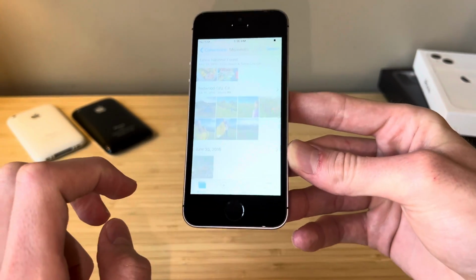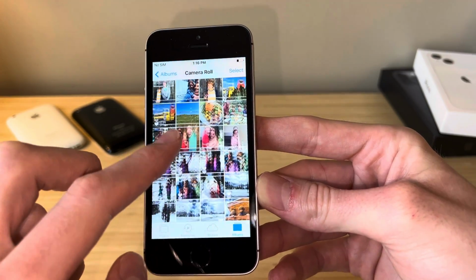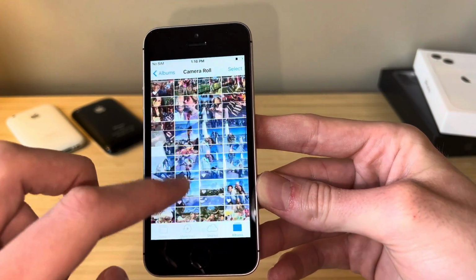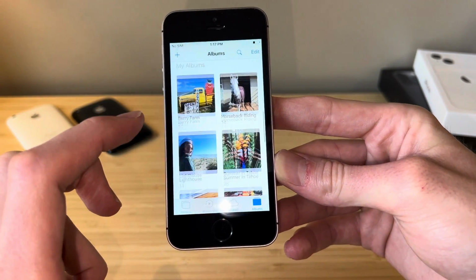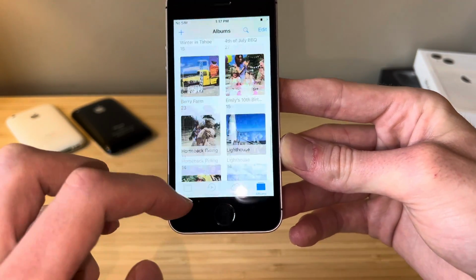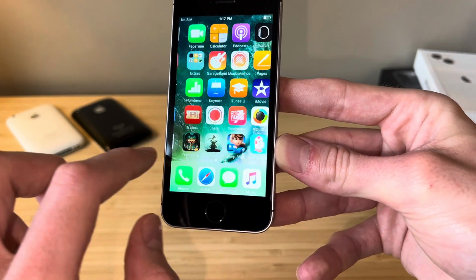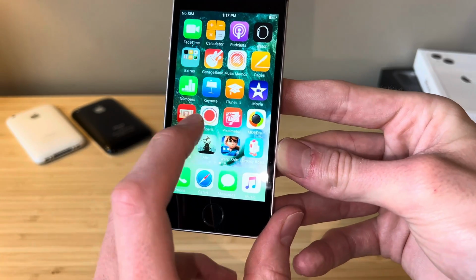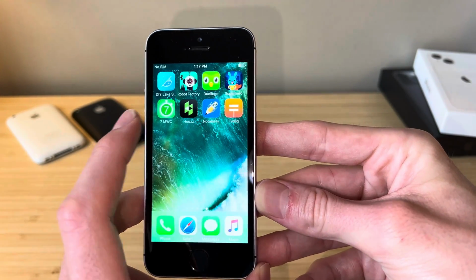I usually don't show the photos on these devices, but since this is a demo model, it's going to be the ones you could see from the Apple Store. Very interesting. I was not expecting this at all. You can see all the photos are in albums and everything. Usually when I get devices, they've either been erased or I remove everything. I don't show you guys what's on them. But there's applications on here. I don't know if any of them are going to work